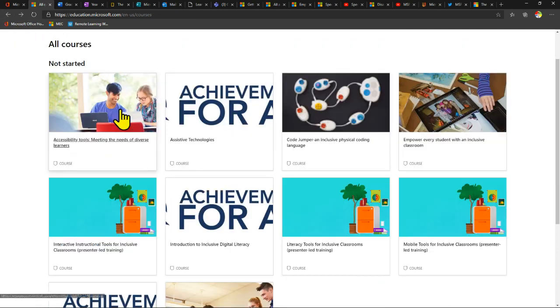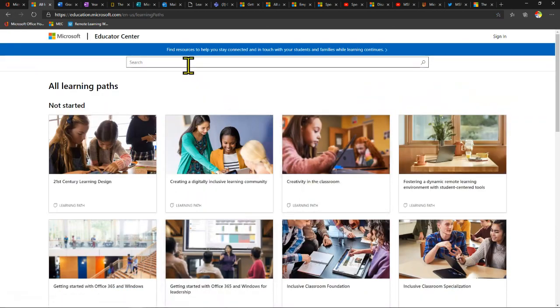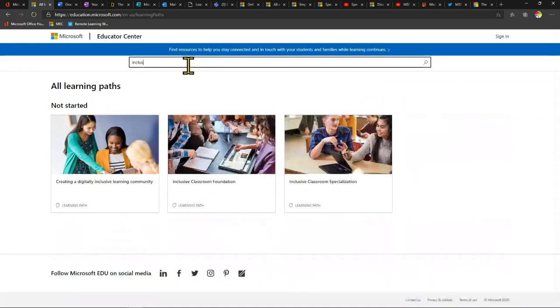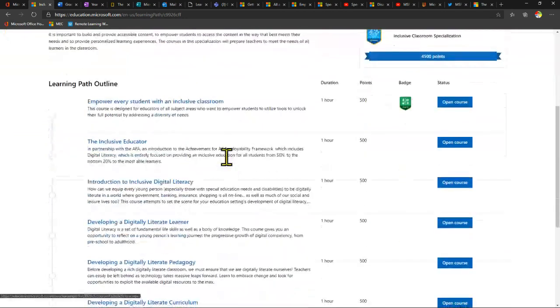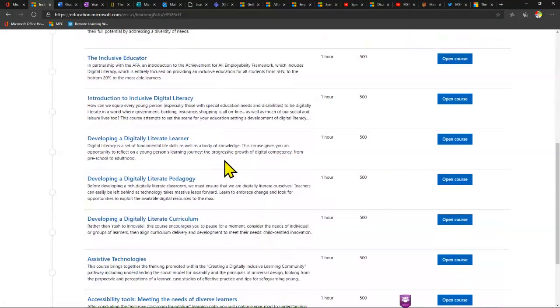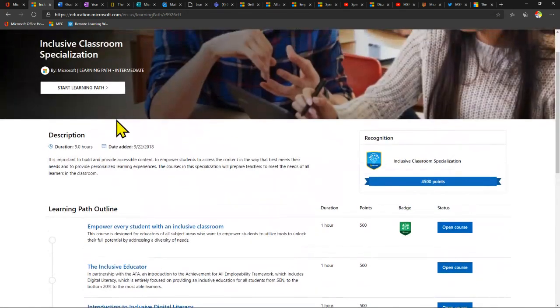Now, the other thing that we've got really quickly is we've got learning paths. So learning paths are groups of courses, right? So for example, again, if I start to type in inclusivity and then I click on inclusive classroom specialization, you can see there's 9 hours worth of PD all about inclusivity from a technology perspective. And so there's a group of courses there. They go in sort of a linear fashion. They sort of build on each other. You can go backwards and forwards and jump around if you want. That's not a problem. As long as you complete them all, then you'll get that full 9 hours worth of